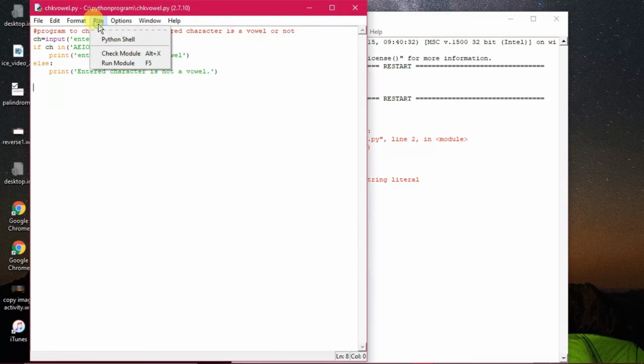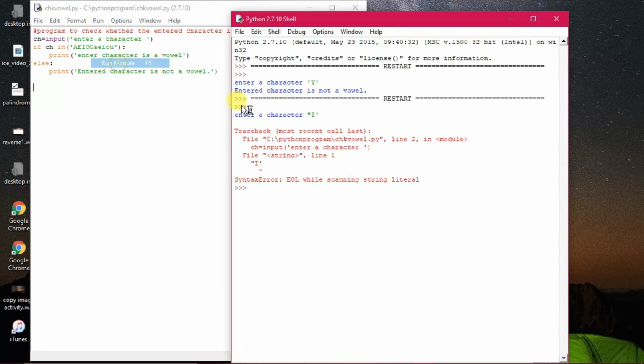Now I'm executing once again with I, in matching quotes. Now it is okay, and you see it is showing me the right thing. So don't mix up the quotes. You give either single quotes or double quotes. Don't mix up, and don't enter the character without single or double quotes, otherwise it will generate an error. All right, so this is the way. So I has fallen within the vowels.